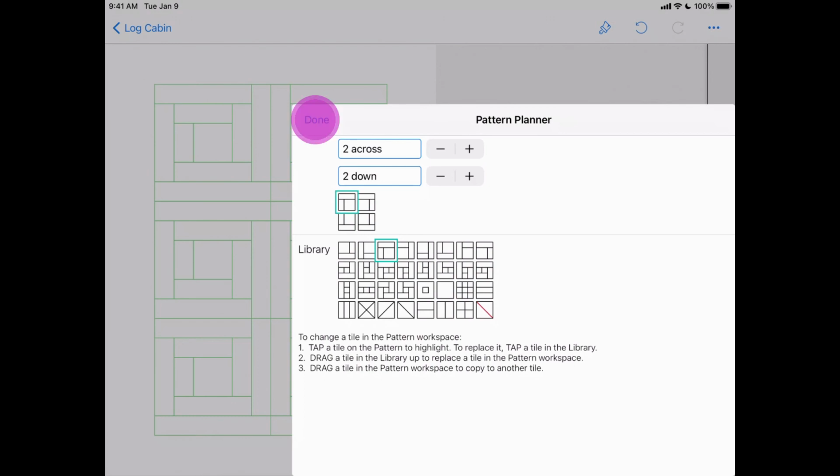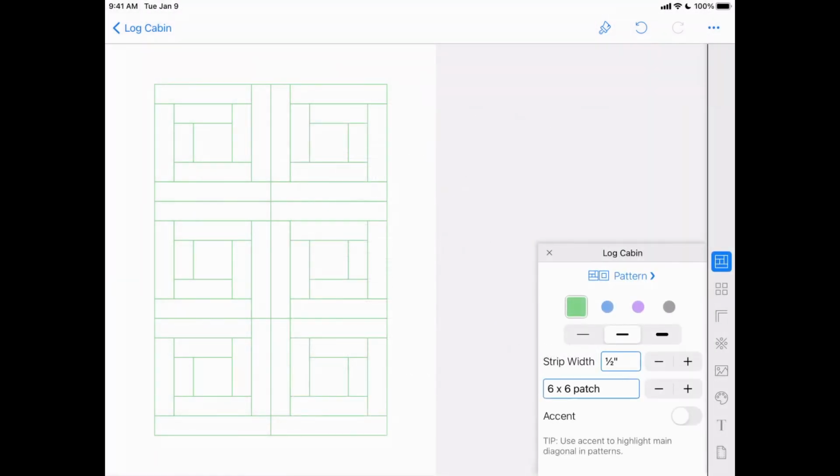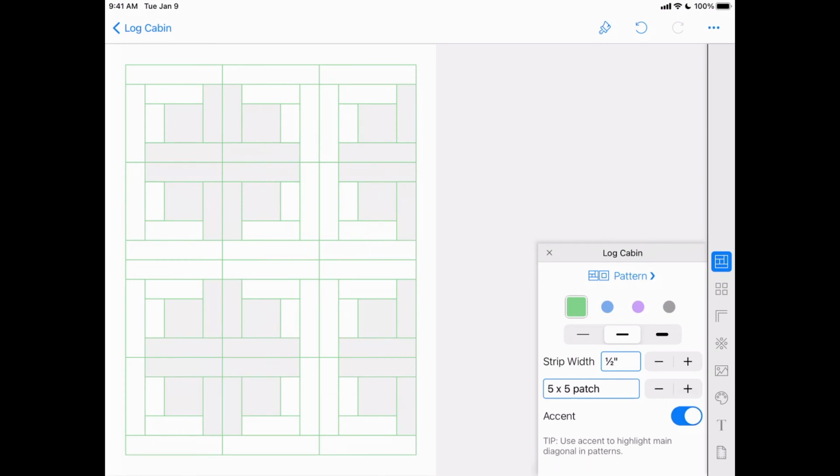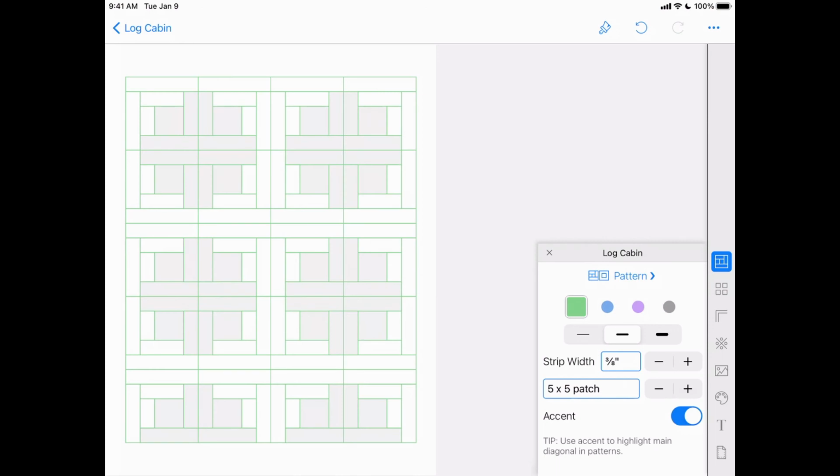I'll tap Done to close the pop-up. To make the pattern easier to see, I'm going to turn on the switch for accent. That looks nice. Now I'll work on finishing up the graph paper. First, let's set the size of the blocks to a 5x5 patch. Then change the strip width to adjust the rows and columns until I see the number I want in my